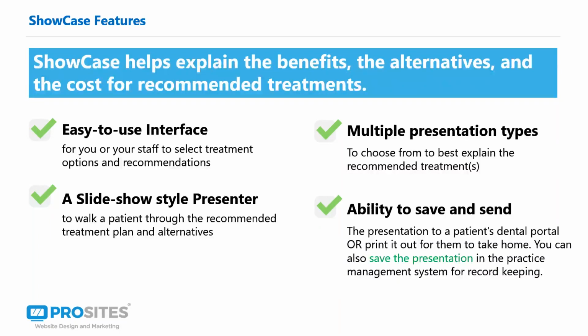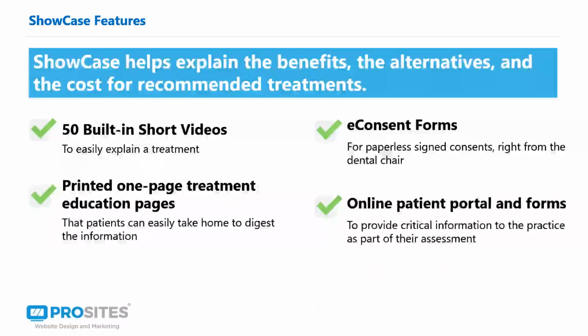And I'll show you how easy it is for you to do that. Also, ShowCase includes over 50 built-in HD videos. They're really short videos to help explain the treatment. One-page treatment education pages. So think of a video on an education page so that you can explain to the